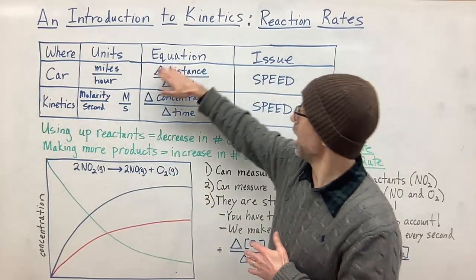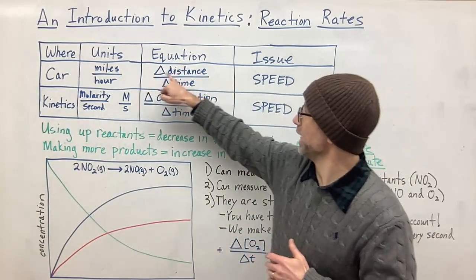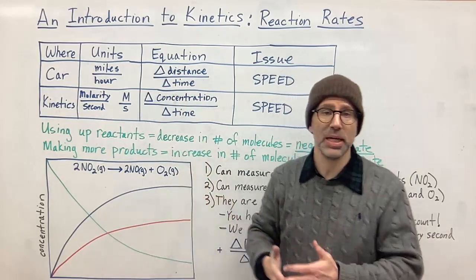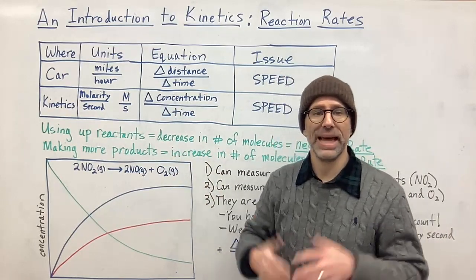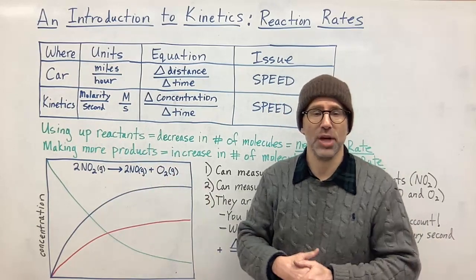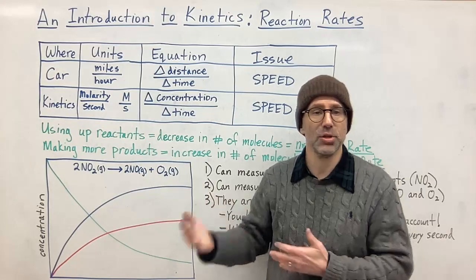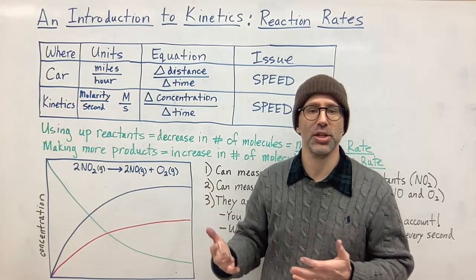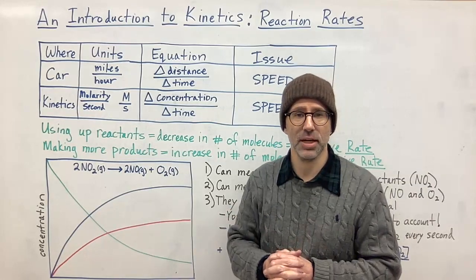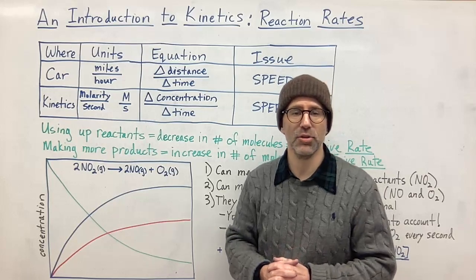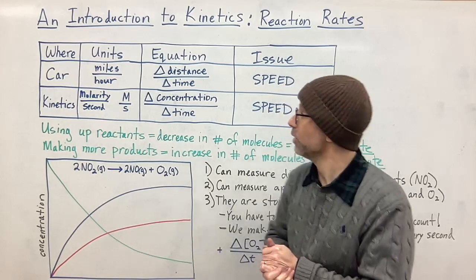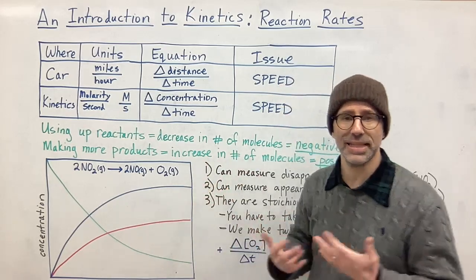And so to calculate that, you would look at the change in distance over the change in time. Now, of course, this is not the instantaneous speed of the car. This would be the average speed over a particular distance and time. You would have to use calculus, or take the derivatives of the curve or the function, to get the instantaneous rate. I'm not going to get into derivatives in this video, maybe in a later video, but to start with, we can talk about at least the average